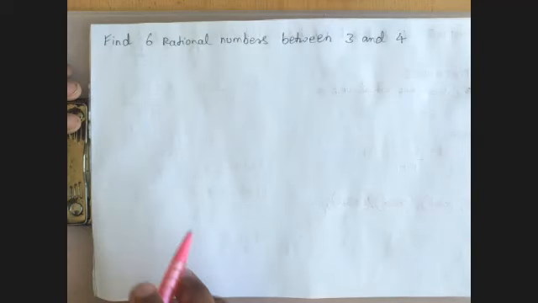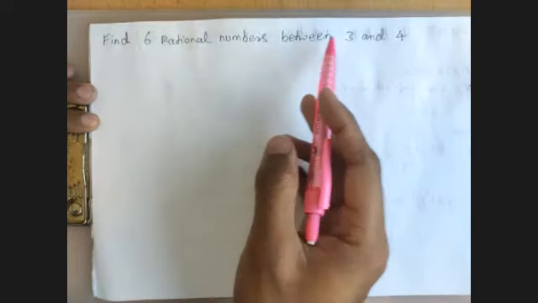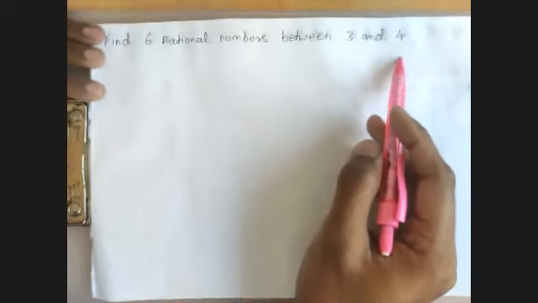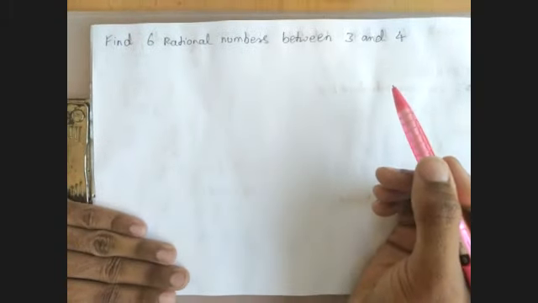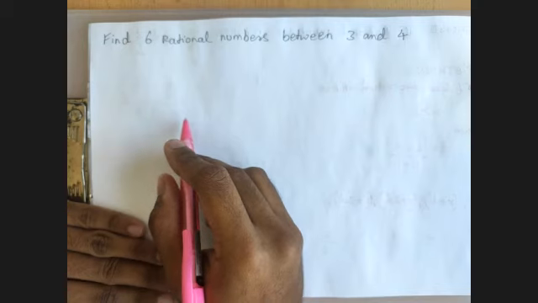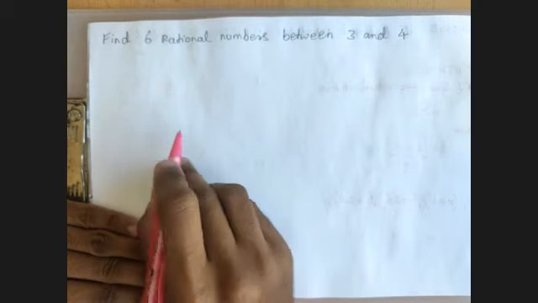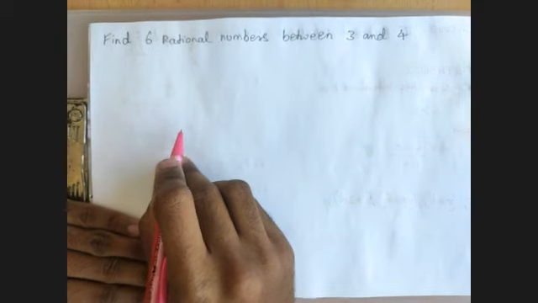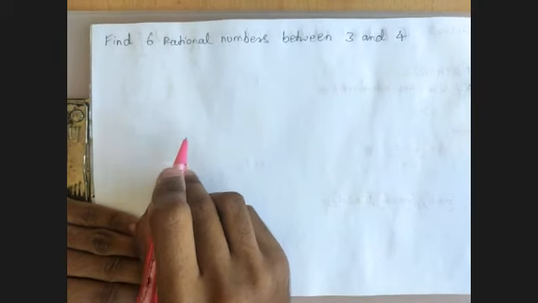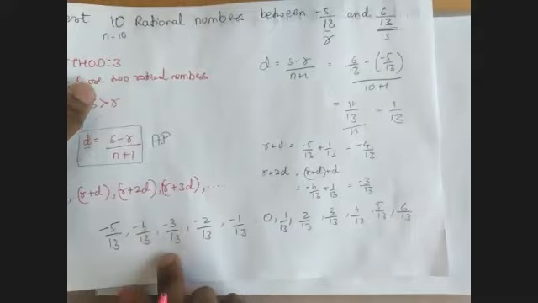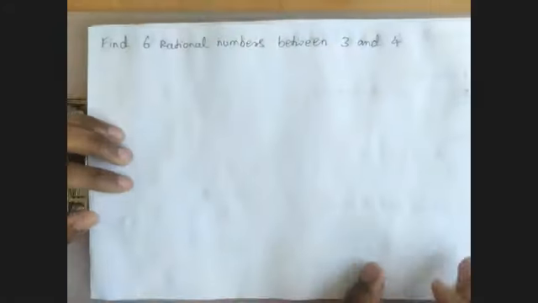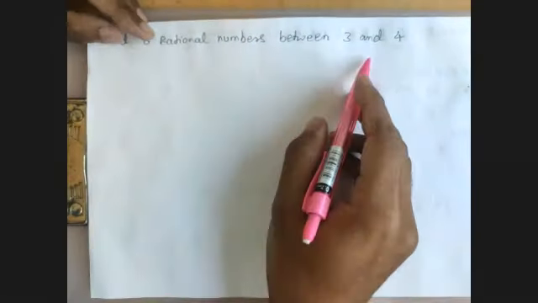So now let us look at another problem. Find 6 rational numbers between 3 and 4. Let us write as we write in the exam, so that you would be familiar with how to frame sentences while writing your answer. Or else, if you write it as we wrote it in our problems here, teachers will think that we have copied from somebody else. So, to find 6 rational numbers between 3 and 4.